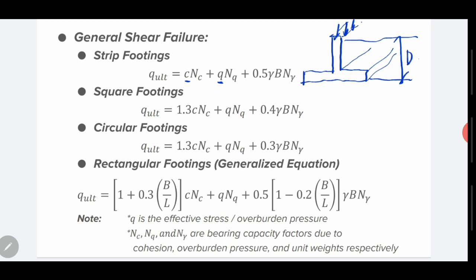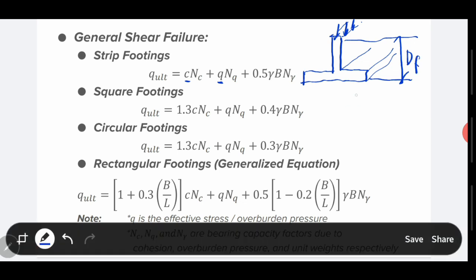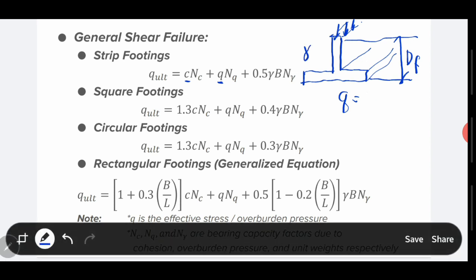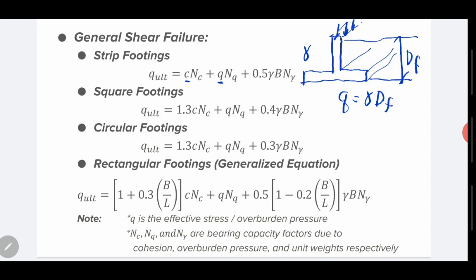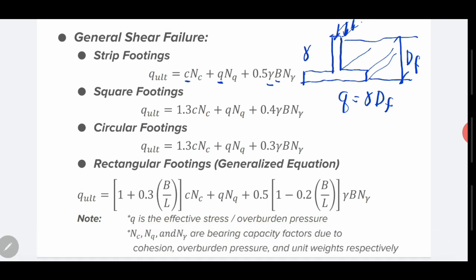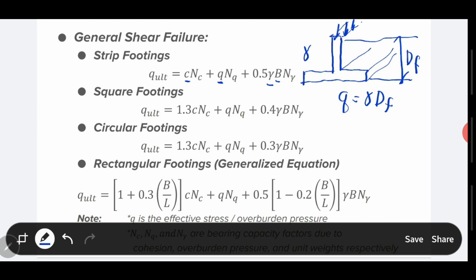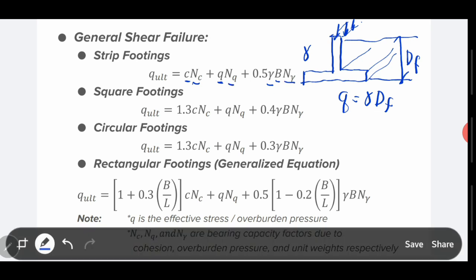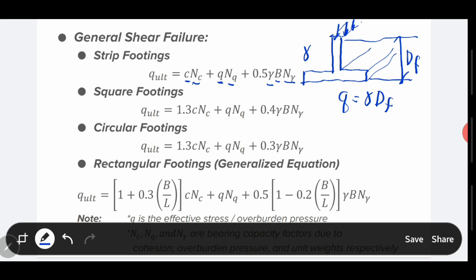If you're familiar with stresses in soil, say you have a unit weight of soil, then q is equal to γ·Df. Gamma is, of course, the unit weight of soil, and B is the dimension, the width of your footing. Nc, Nq, and Nγ are